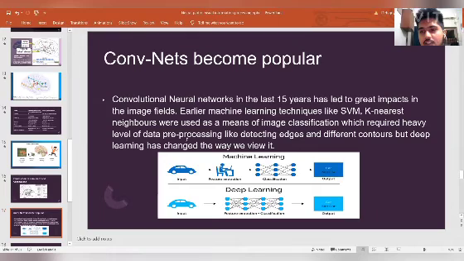Now, ConvNets have become popular in the past 10 years because the initial feature extraction, like taking out edges and faces, is very difficult to do in a classical machine learning setup, where we have to provide these as features, while in deep learning and ConvNets this is done automatically. Doing this on our own needs a lot of effort and a lot of data, which was clearly missing in the initial era. And even if the data is available, doing this would be a very mammoth task.